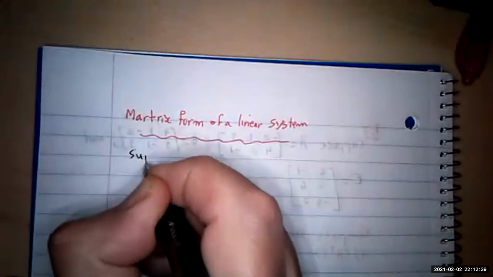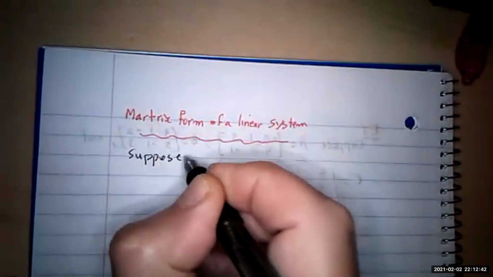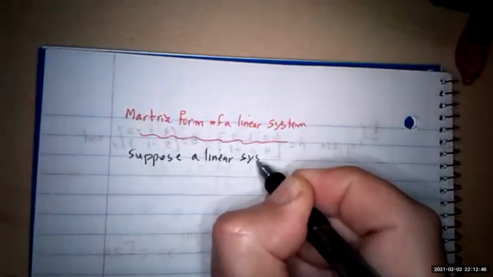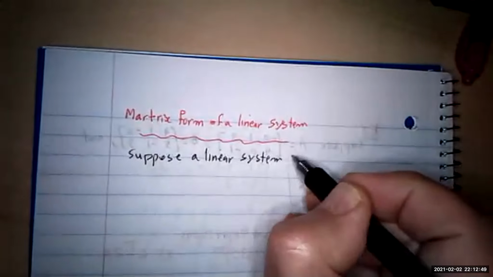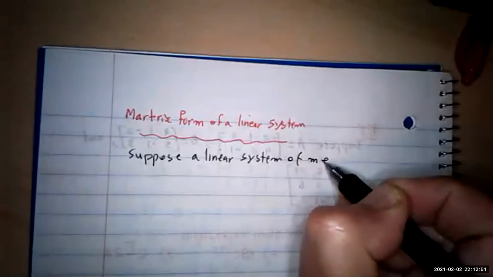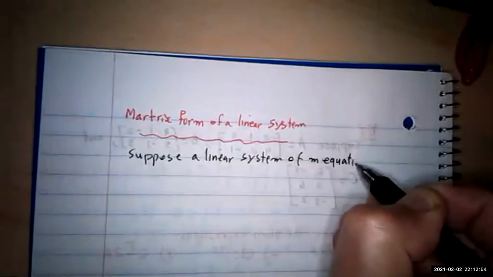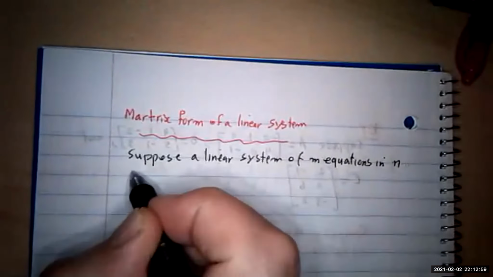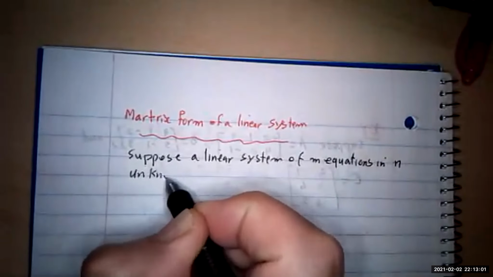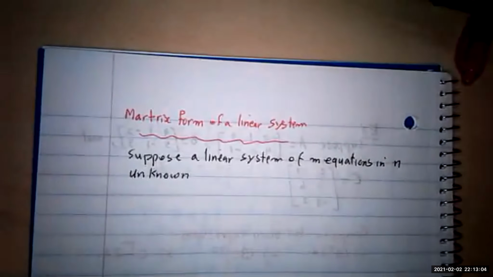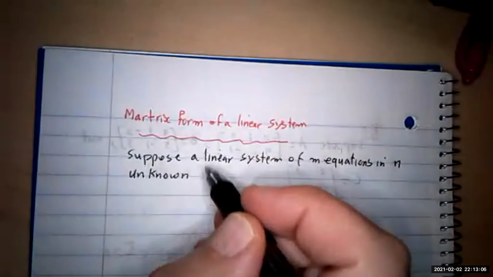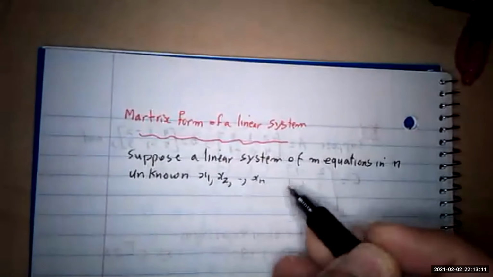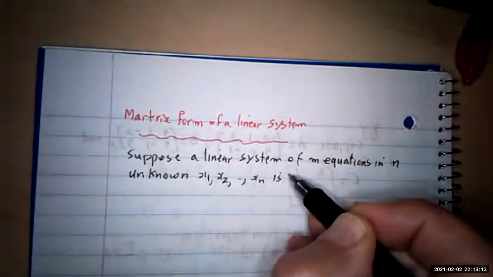Suppose a linear system of m equations in n unknowns, like x1, x2 up to xn, is given by